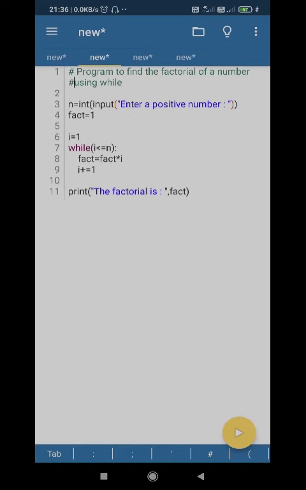Now I am going to show you an example of the looping statement. In this looping statement, what we are going to see is the factorial of a number. What do you mean by factorial of a number? If a positive integer is given, for example 3, let's take a small one now, factorial of 3 is 1 into 2 into 3. Factorial of 5 is 1 into 2 into 3 into 4 into 5.